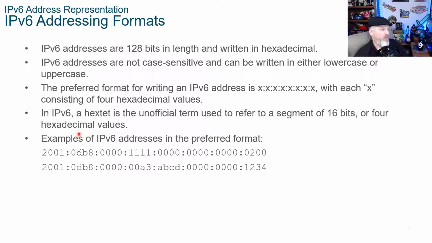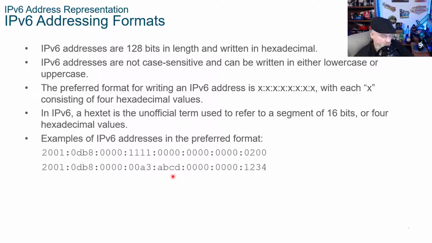So here's a couple of examples of V6 addresses in what we call the preferred format. This is where everything is written out. This one here we have 2001:0db8, and that's not just a number. That's actually in hexadecimal. So if you convert that, you can convert it to a binary number, or you can convert it to a decimal number. But 2001 is not a decimal number. That is a hexadecimal number, just so you know. So 0000, 111, 0000, and then colon, 0200. Now that's what we call the preferred method of when you write it out.